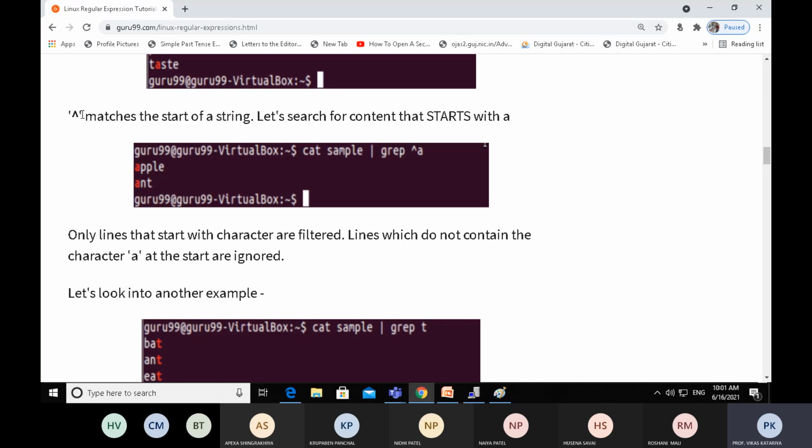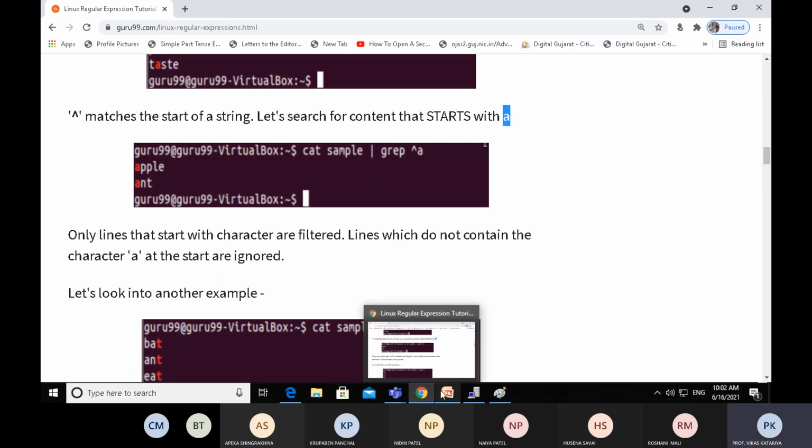We know that the power symbol used as a regular expression is used for matching the start of the string. Let's search for content that starts with A. Suppose we want to search only those content that start with alphabet A. So let's perform the query.